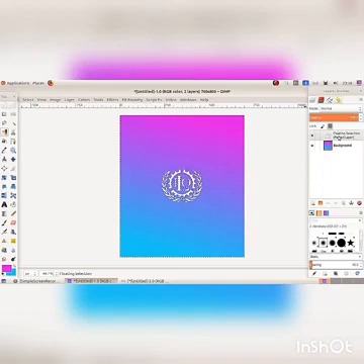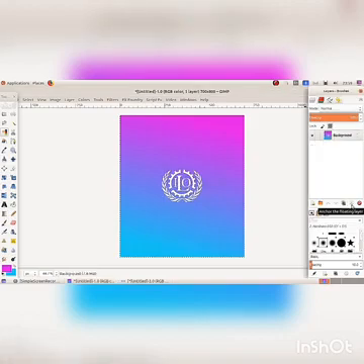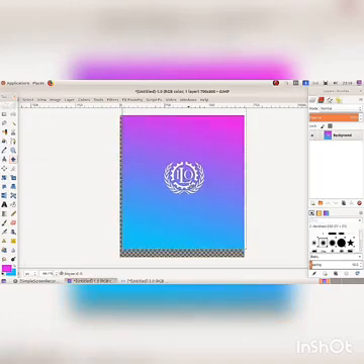Then click on the anchor tool in the layer palette. Anchor the floating layer. The picture is pasted on the canvas. But we can't move or edit the picture because the background moves along with the picture. This is the move tool. Click on the move tool and select the image. But the background moves along with the picture.